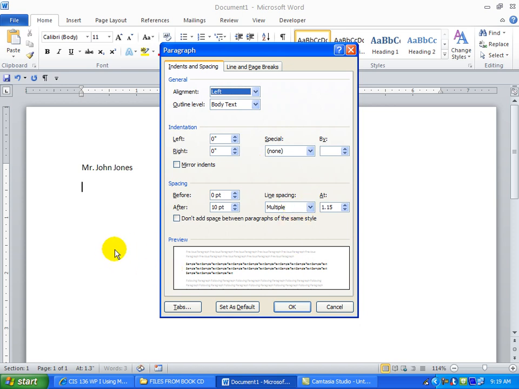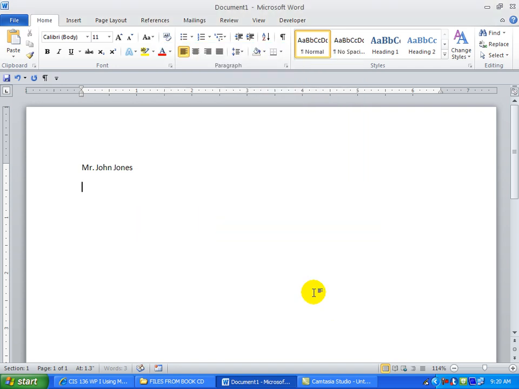So this is kind of an unusual paragraph setting for what you find in business. One way you can get around this would be to hold the shift key down and then enter, and that's going to give you what you would typically use. So if you did this, 1, 2, 3 Easy Street, and again if you hold your shift key down and hit enter and say Olympia, Washington 98512,